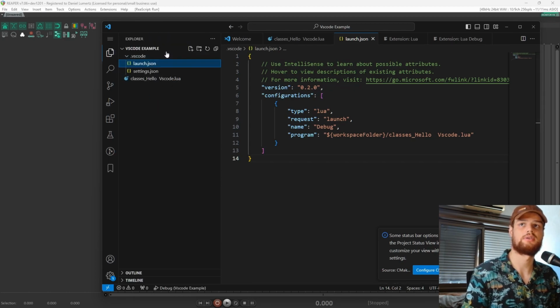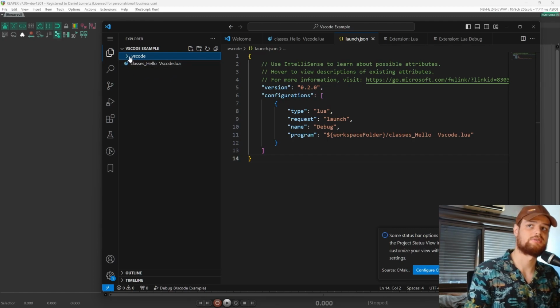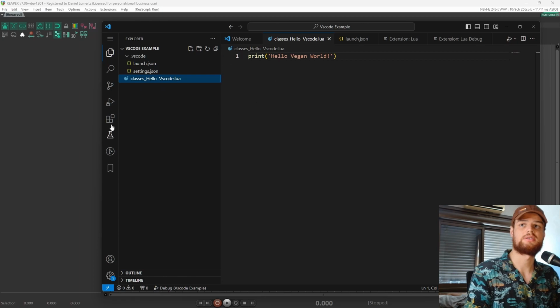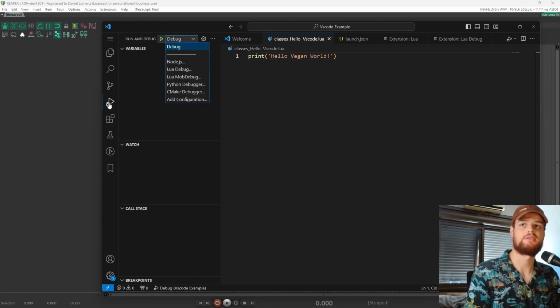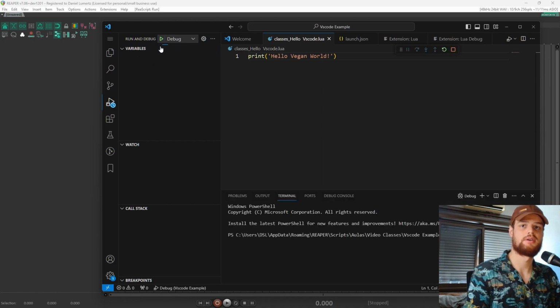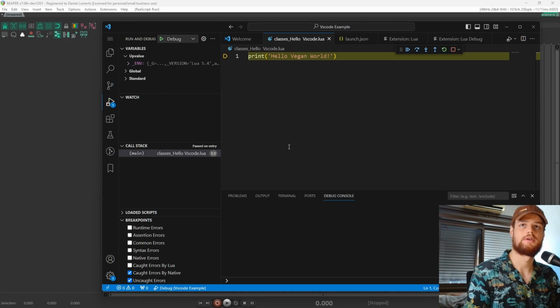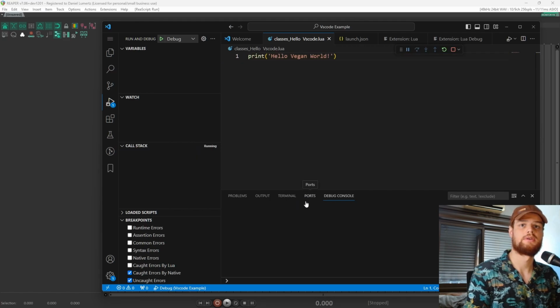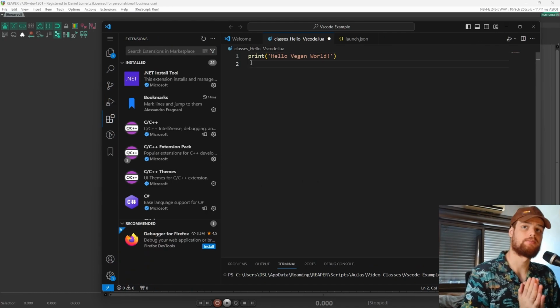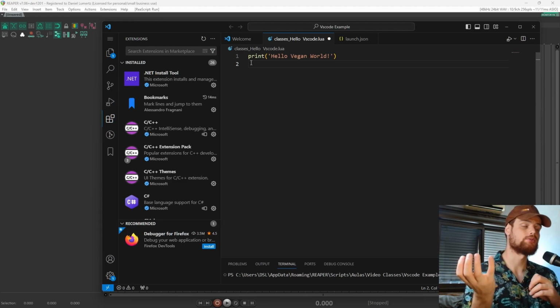If you go to your folder, you can see now it created a subfolder called .vscode. And here it has the configuration to run it. So now in the run and debug section, I can click run. And it is on the first line. And it printed hello vegan world. Okay. With these two Lua extensions, we have a way to debug pure Lua things inside